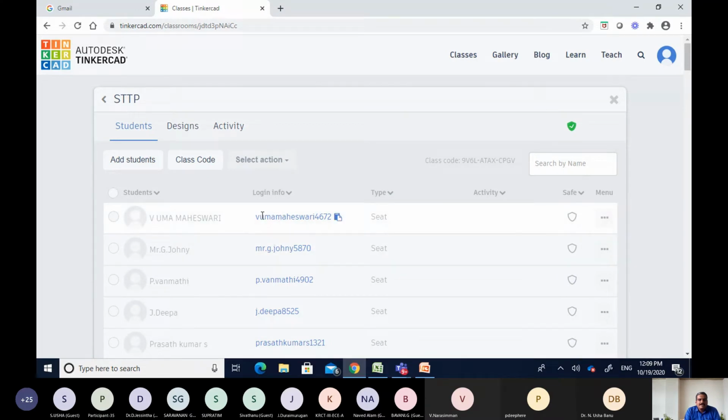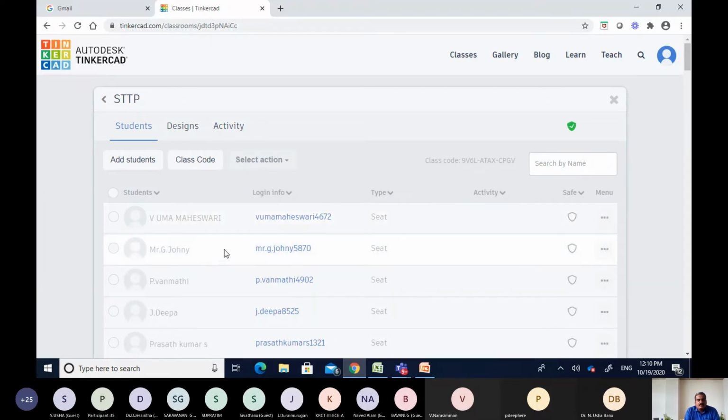This login info will be used by the student to enter this class. This login ID can also be changed. I usually take the practice of making the register number or roll number the login info, so that the student will not forget it.